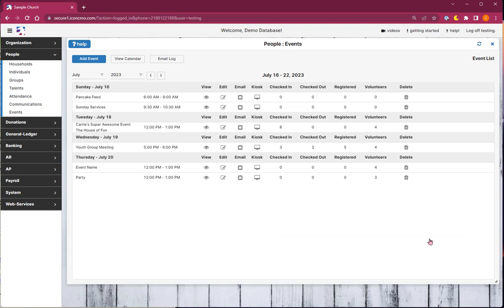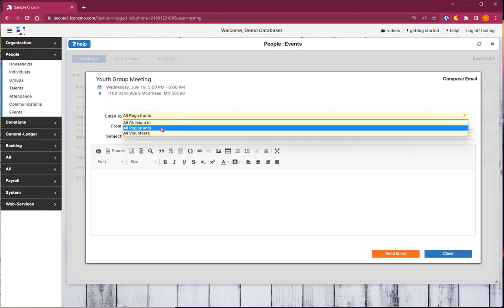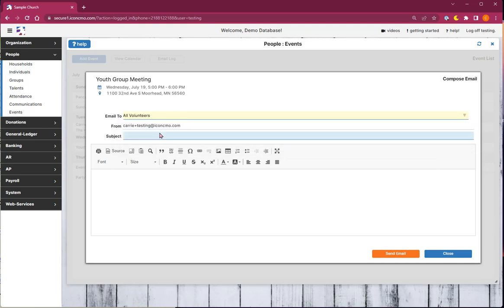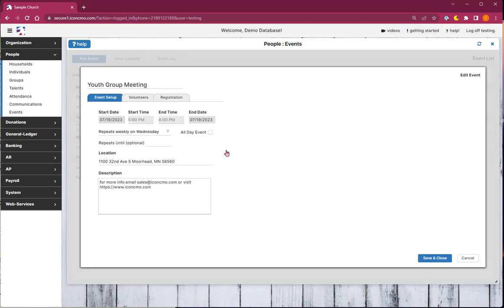You can send a mass email to your volunteers under the email column and choose the All Volunteers option in the Email To field. If All Volunteers is not an option in that field for that specific event, then no volunteers have been marked yet for this event. Any changes that need to be made to an event can be done by clicking on the paper and pencil